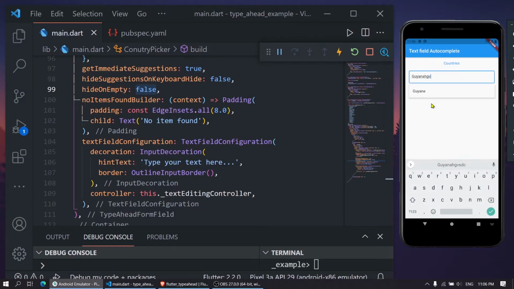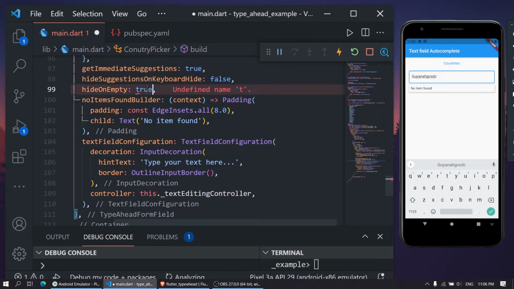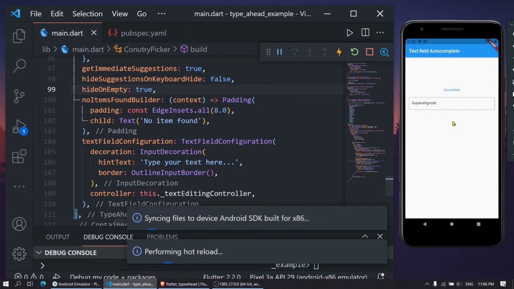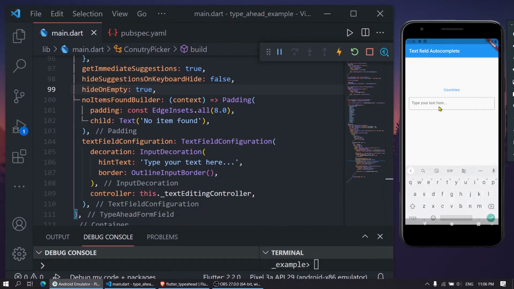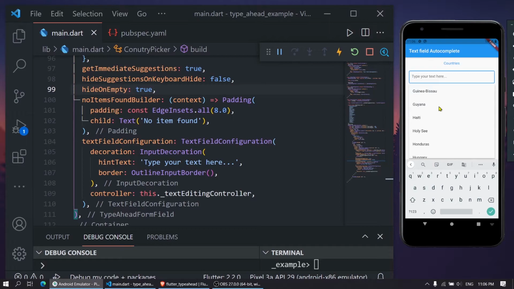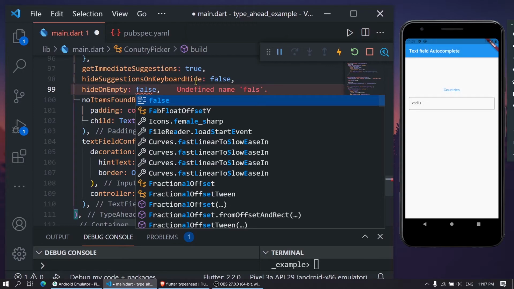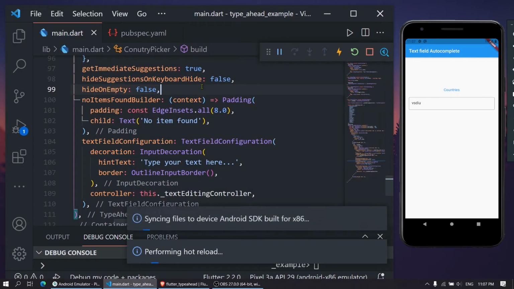As you can see, we get a no item found. If I set it to true, what it basically does is hide that widget. If I try something which is not found, then there is no suggestion. I'll set it to false so that we get that builder.